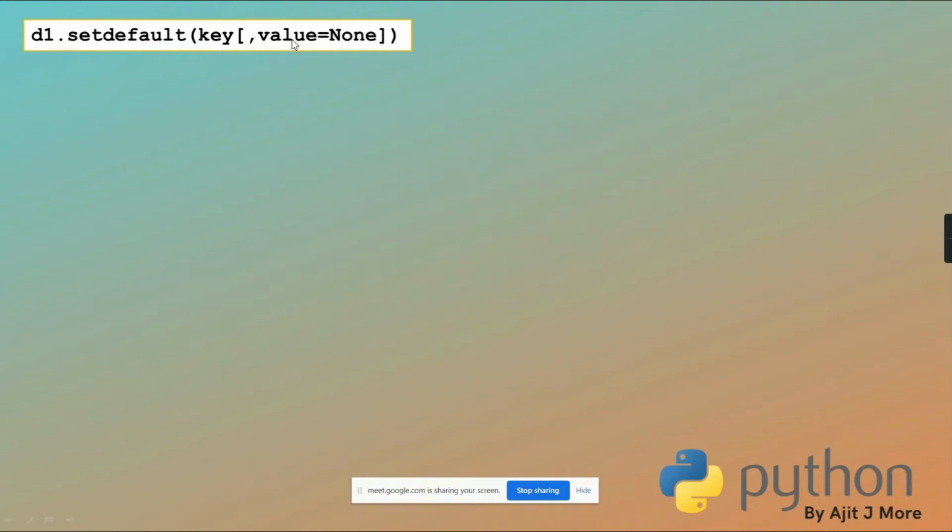This value, if you don't give it, it will take None by default. And if you have given this value, then it will use this value for that key when the key is absent. If it is present, it will just return the value of that key.